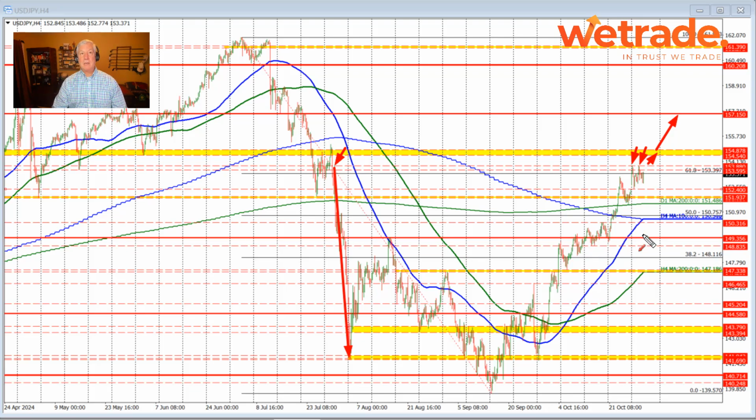Now on the downside, I kind of like this area right here as the key support level today and going forward. And also, I might add the 200-day moving average right through here. So 151.937, 151.486. That is going to be the key support levels going forward